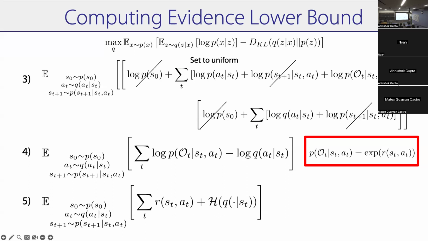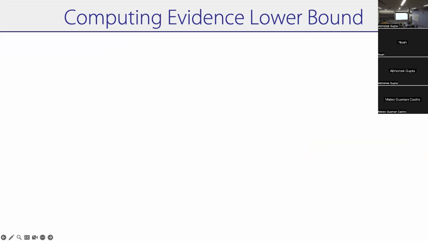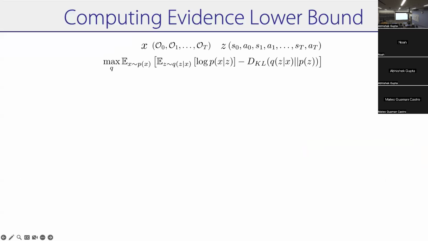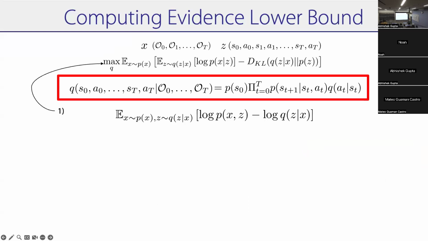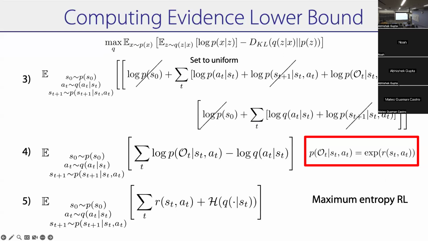And so the thing that's cool about this is that we started with posterior inference. Our goal was posterior inference, right? We want to answer that query up there. We said posterior inference can be approximated by the variational lower bound, the evidence lower bound. We chose a particular choice of Q. You ran through all this, and then you get maximum entropy RL. And so the evidence lower bound is maximum entropy RL. That's what we're saying here.